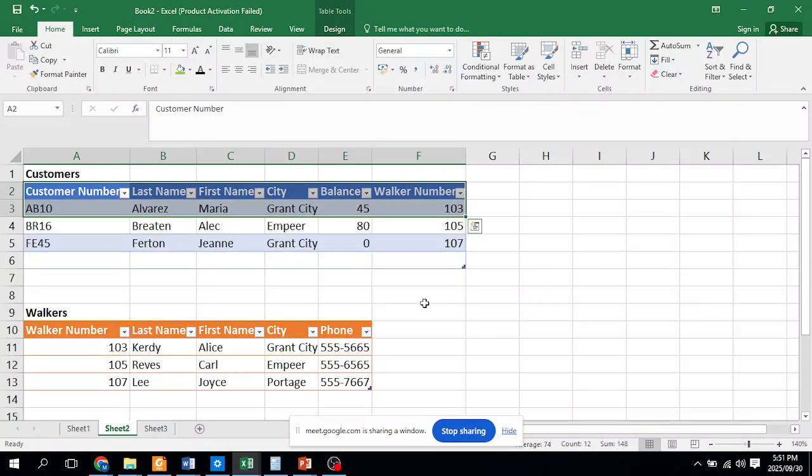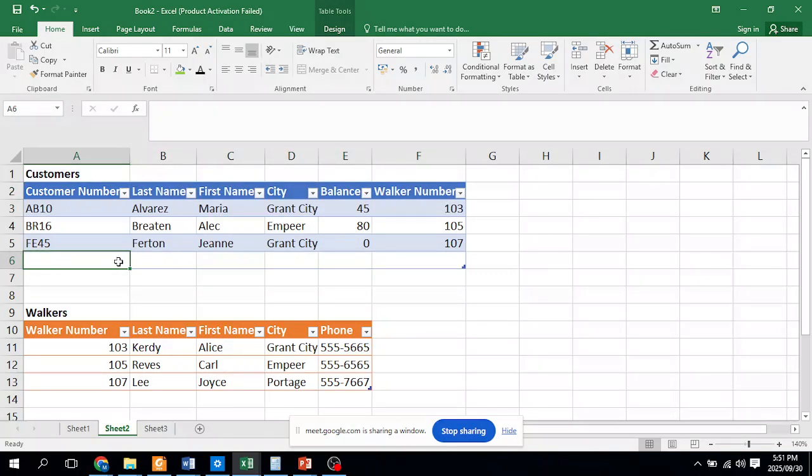I only have 3. So, what if you can't finish entering all your records and you have to save it and you have to... No problem. When you come back, you just start here again. Enter by using tab, tab, tab. And when you get to this cell, especially use tab, because that is going to grow the table. Same story over here. And as you can see, it's not a problem to put 2 tables, 2 data tables on the same sheet. Okay. So there's quite a few things.